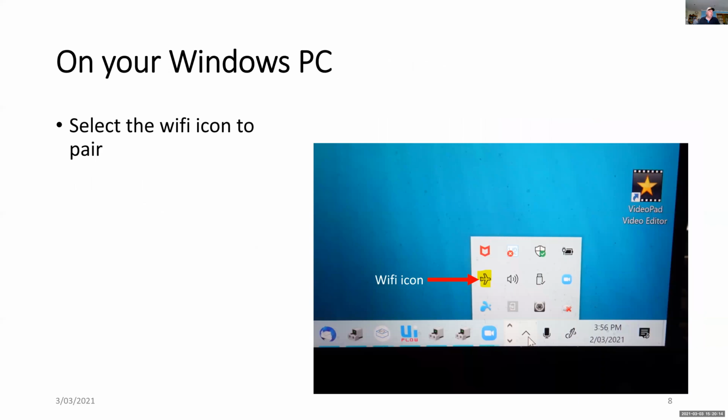So go to your Windows PC and select the Wi-Fi icon, so that this is the start for you to pair the M5StickC with your Windows PC. The Wi-Fi icon looks like this on the screen. So you'll have to go to that icon, then recognize the Wi-Fi icon,